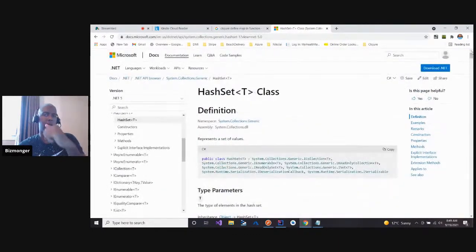Yeah, I don't use hash sets that much, but usually I just take a list, add whatever, and then call the distinct method on it, and it returns a streamlined set of items that are all unique.